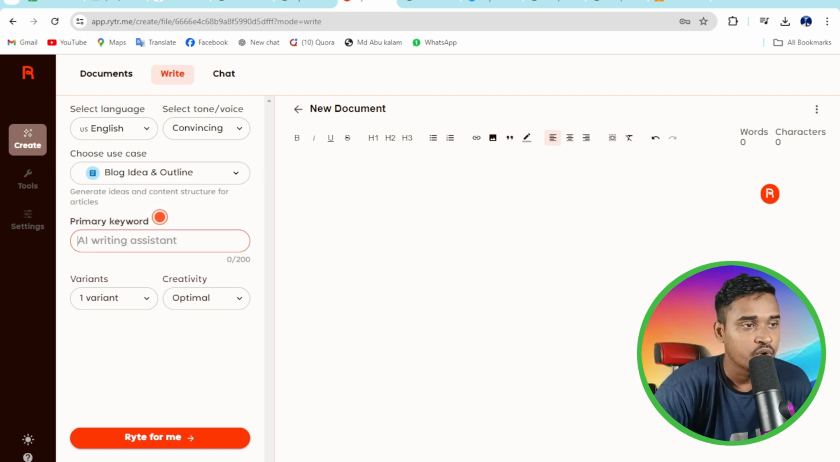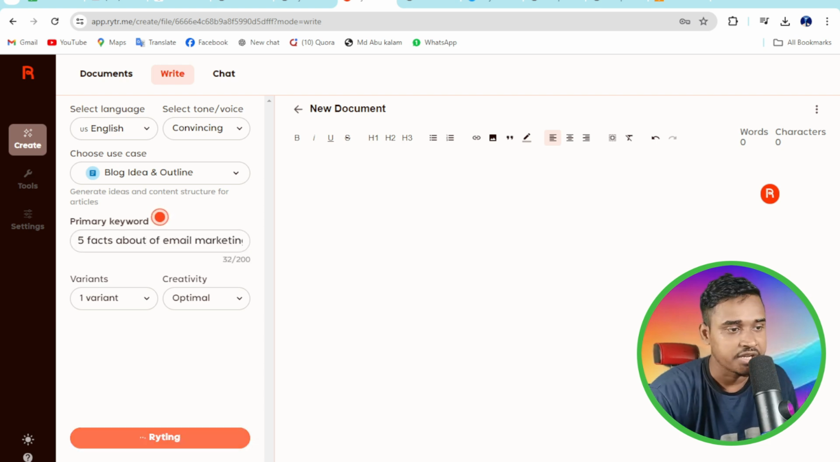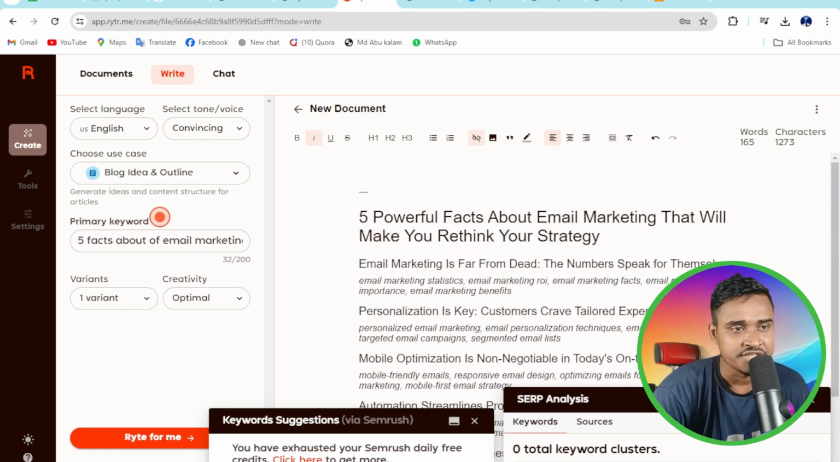So this is the blog idea and outline. Here you type your topic. So I typed five facts about email marketing. Just click on Writer Me, then wait a few seconds for processing. Wow, you can see this is my first: five powerful facts about email marketing that will make you rethink your